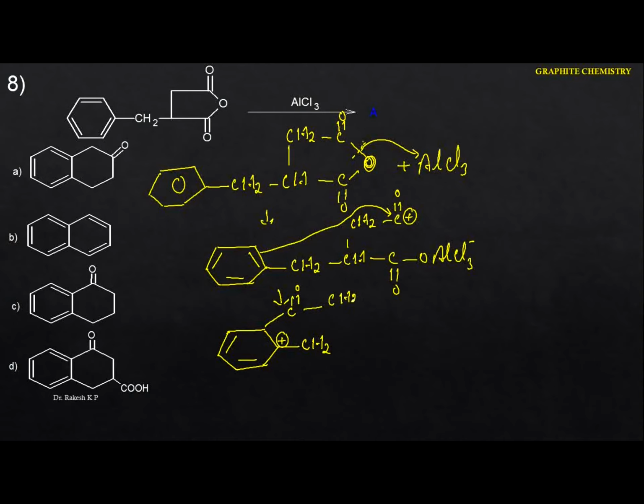CH2. Okay, and here is what you are having. This is the CH like this, and this is the C double bond O. This is the OCl3 minus. Okay, just go to this one. And now, especially here, there is a formation of the carbocation. Now we have to identify the hydrogen here. So here we can identify the hydrogen.